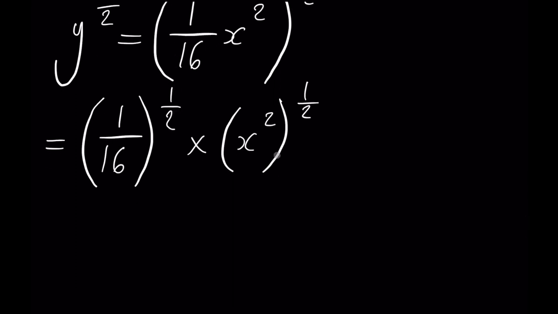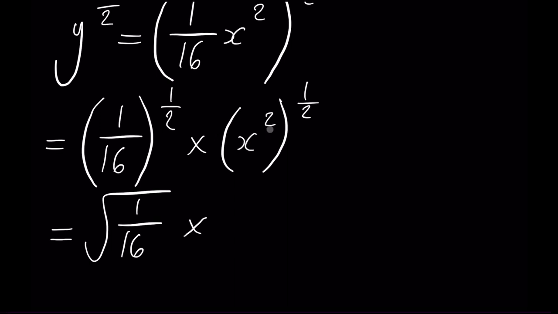So 1 over 16 raised to the power 1/2 can be rewritten as the square root of 1 over 16, and then x squared all raised to the power 1/2, using the multiplying exponents outside the brackets. Using that index law, we get x raised to the power 2 times 1/2,